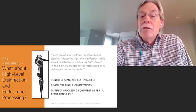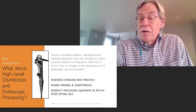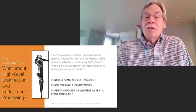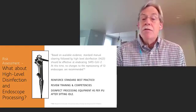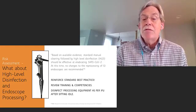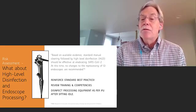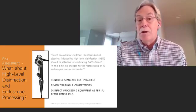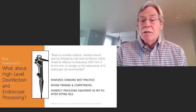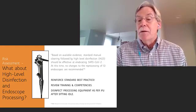Based on what we know to date, low-level disinfection with appropriate surface wipes is effective against coronavirus. So too is high-level disinfection and sterilization. At this time, no changes in the processing of endoscopes are recommended. This is a time, though, to assess, reinforce, and ensure best practices, from pre-cleaning at point of use through processing to storage and reuse. Some operational considerations have included perchance temporarily limiting the number of reprocessing staff, ensuring complete adherence